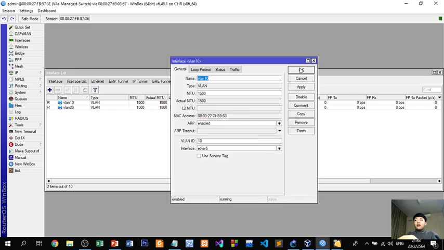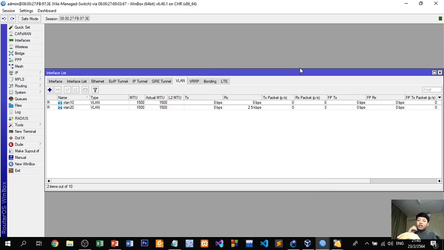Okay, now after we set the VLANs, VLAN 10 and VLAN 20, on the VLAN manage switch already, we